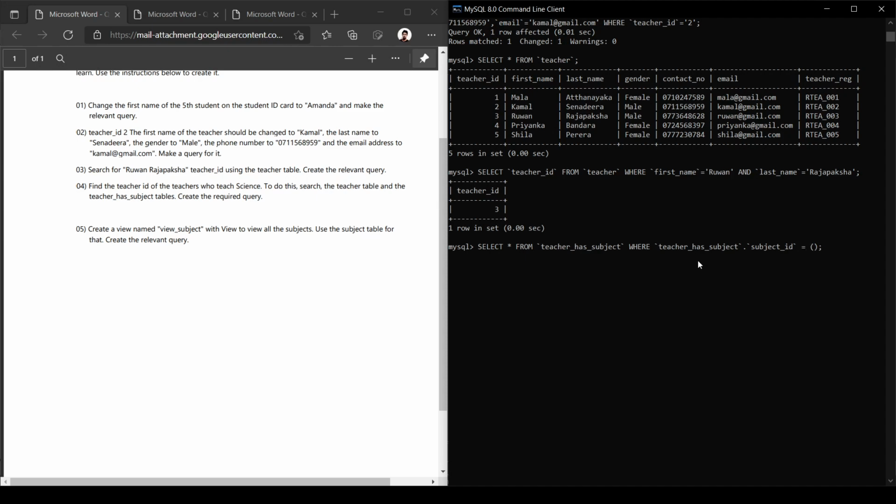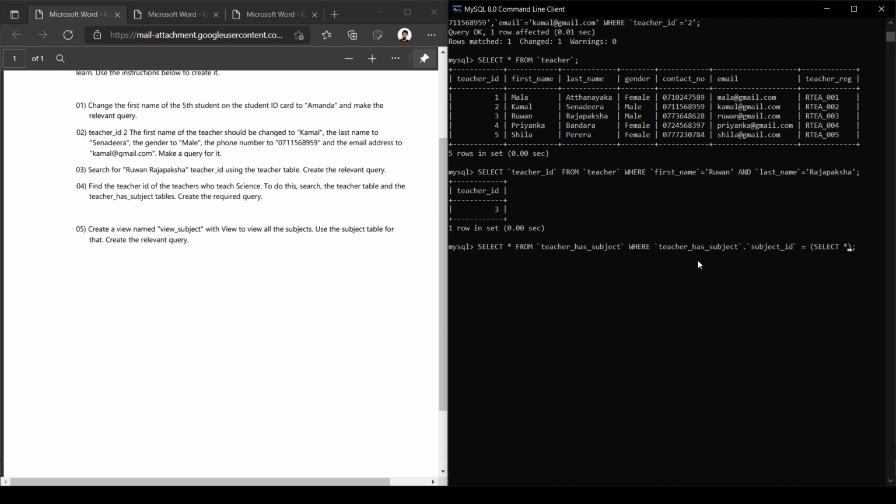Now we have to write the subquery. So when the subquery executes, it should output the subject id of the subject science, and that id will compare with the subject id in the teacher has subject table, and it will output only the details of the teachers who teach science. So let's write a select query again.